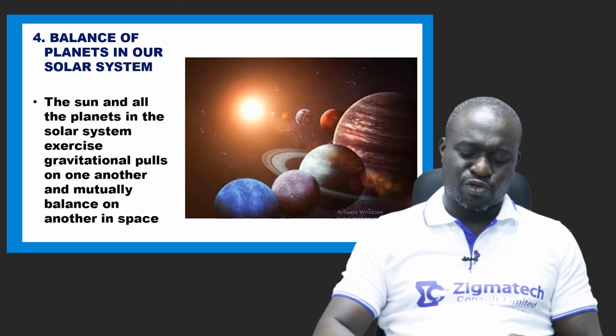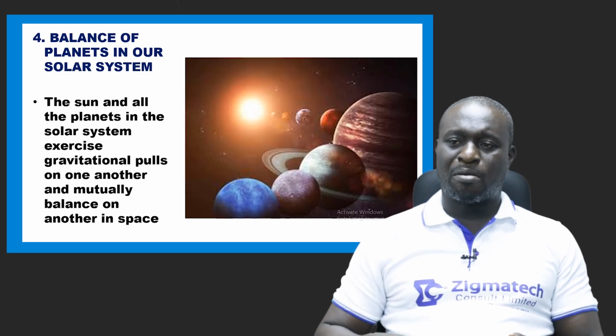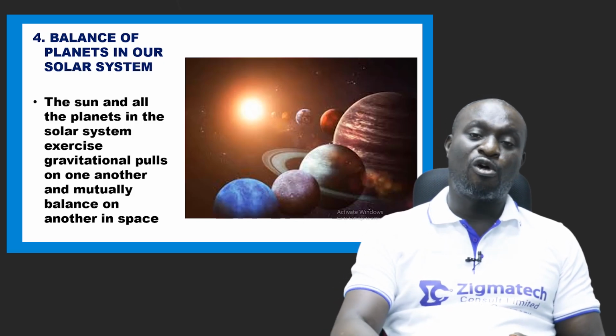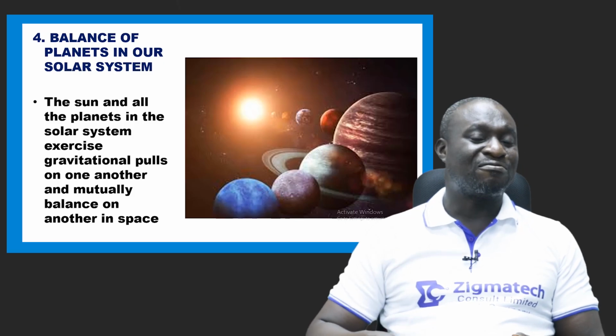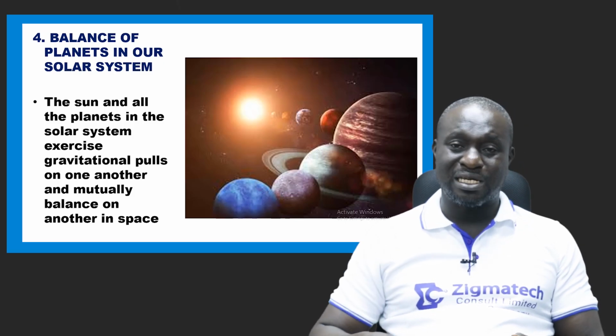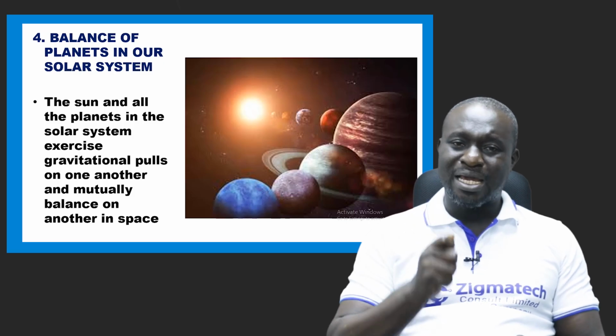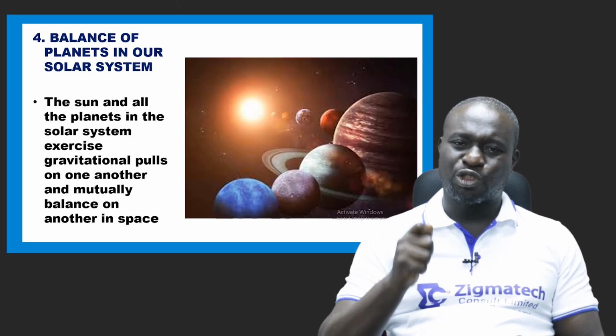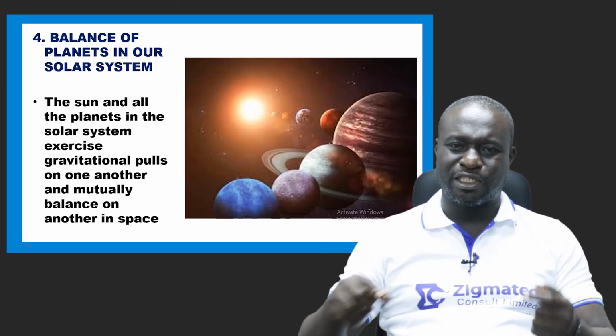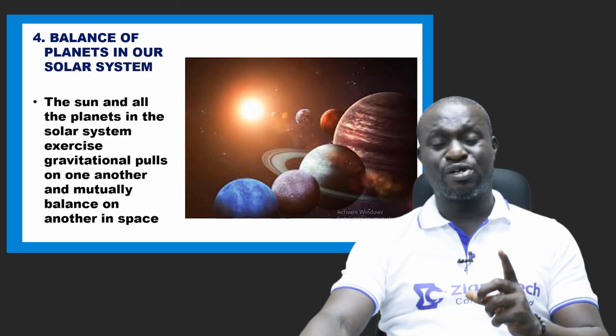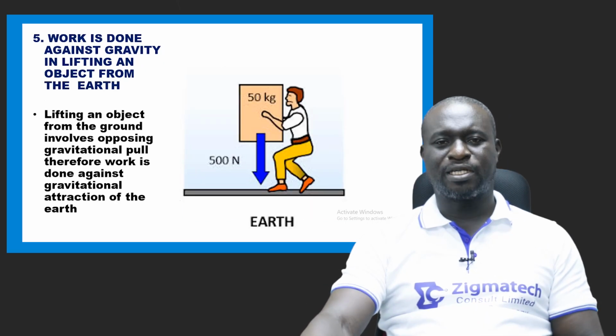So the Earth can revolve around the sun. The other planets also can revolve around the sun in several dimensions, at several speeds, and so on, based on their gravitational effects or influences on each other. It brings about a balance.